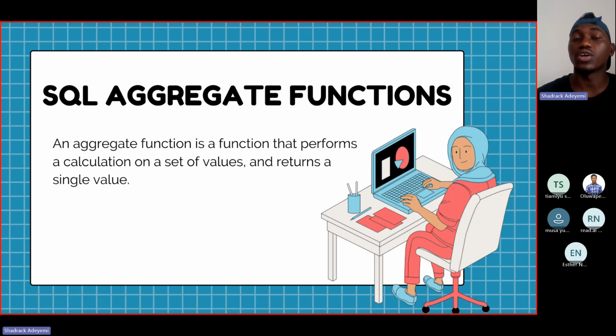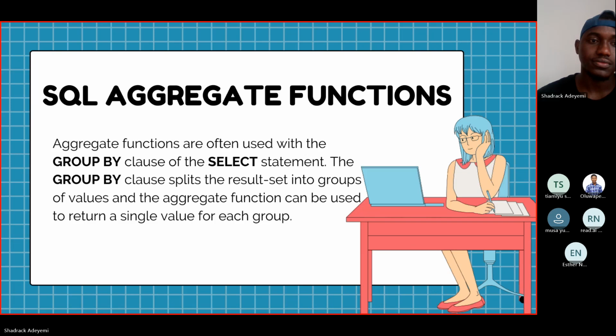Okay, so again, we spoke about aggregates in last month's meetup, but because we're going to be practicing it today, it makes more sense for me to do a little recap. An aggregate function is a function that, whenever you perform it on a range or a set of values, gives you a single value. So whenever you are running an aggregate function like min or max, you are attempting to summarize to get a single value. Now, aggregate functions are always used with a clause called the group by clause, which we are going to see when we get hands-on.